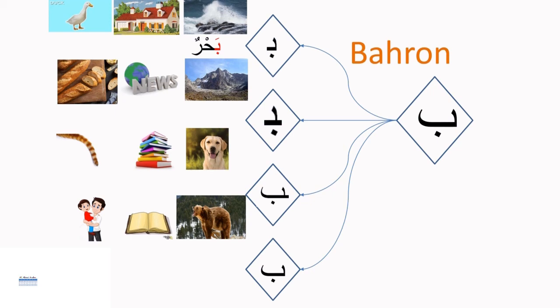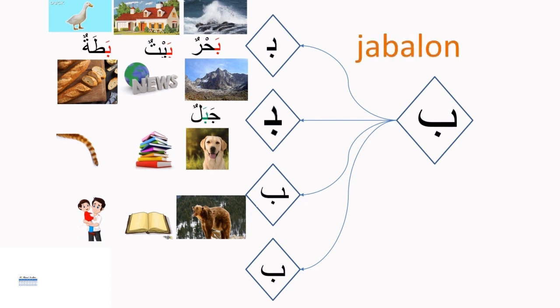The second example, baytun, okay? Battatun, a duck. Jabalun. Now, actually, every noun in the Arabic language, if it is in the beginning of the sentence, usually it is ended with the double dhamma, or it's called tanween al-dhamm. So the sound un should be at the end of each word. As I said, if we stop at the word, or if it is in the last of the sentence and the end of the sentence, then the letter should be silent. So jabalun, or jabal,